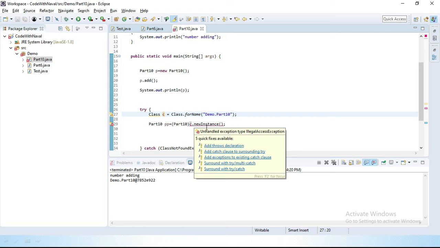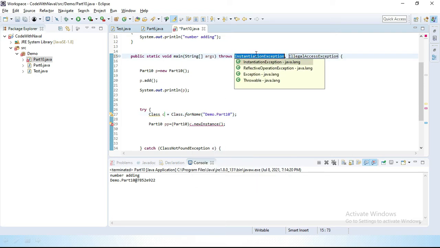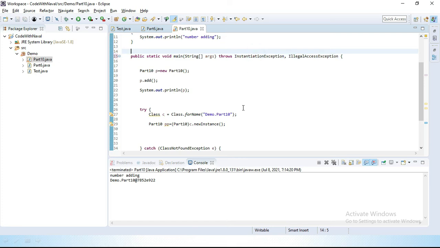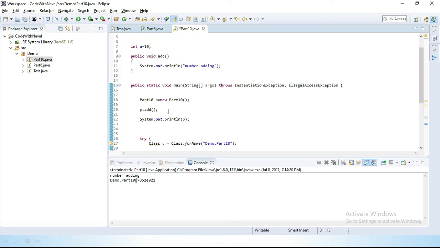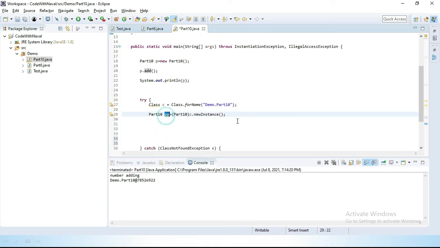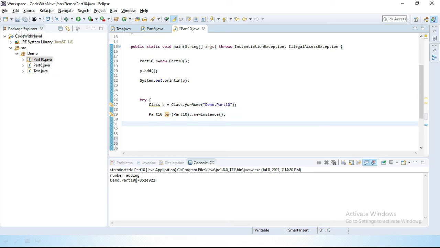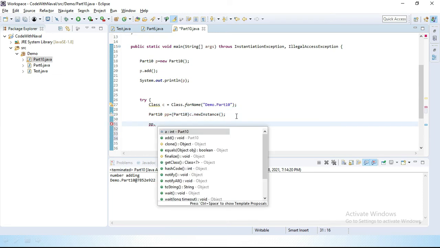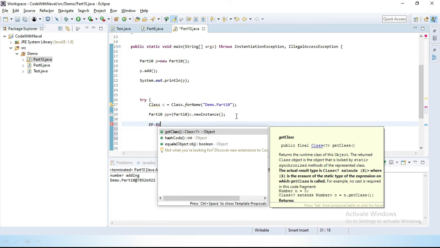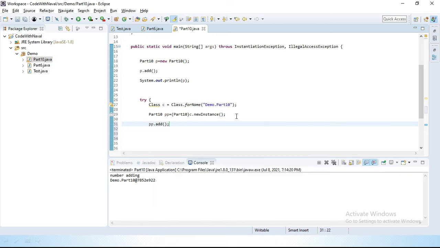You can see here again we have to add a try catch block, or we can simply throw the exception. Let's save this. Now we have to call the add method using this object, so I'll simply add here pp.add. Save this.